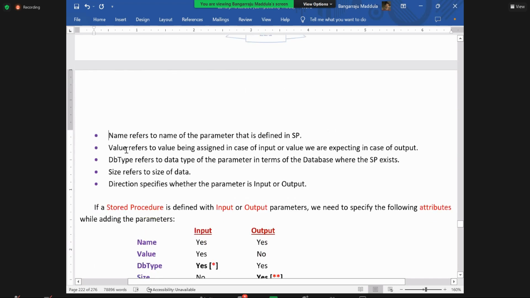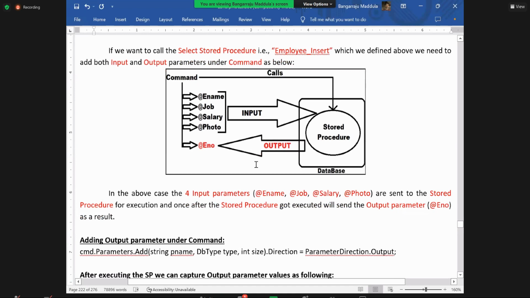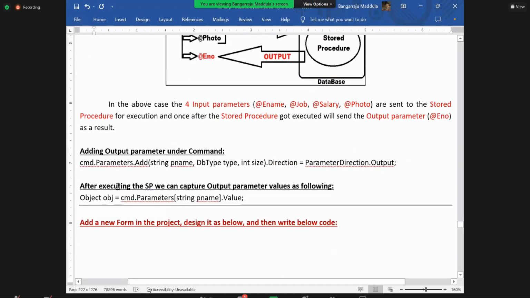Attributes, the 4 attributes, and what to send, what not to send. And finally here, there's a picture which is going to talk about it. And here you can understand adding,